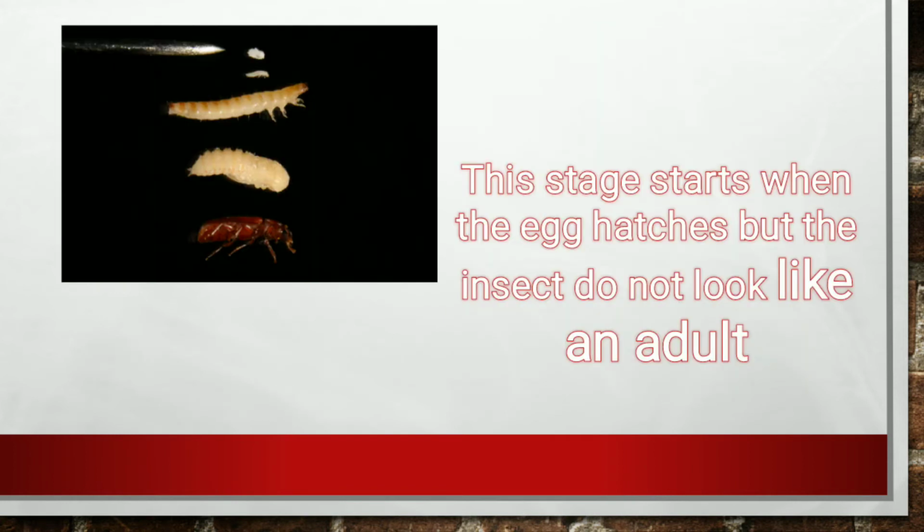The second one is larvae. This stage starts when the egg hatches, but the insect does not look like an adult insect. For instance, the larvae of butterflies are caterpillars. The larvae grow quickly enough to molt or shed their exoskeleton a few times. Sa bahaging ito ng kanilang pagbabagong anyo, ay paulit-ulit silang nagpapalit ng balat upang sila ay maging handa sa susunod na pagbabagong kanilang pagdaraanan. Sometimes, this stage of changes is called instars.